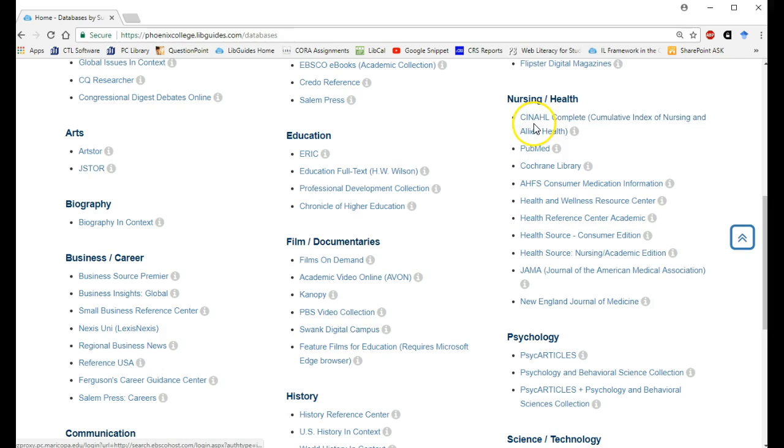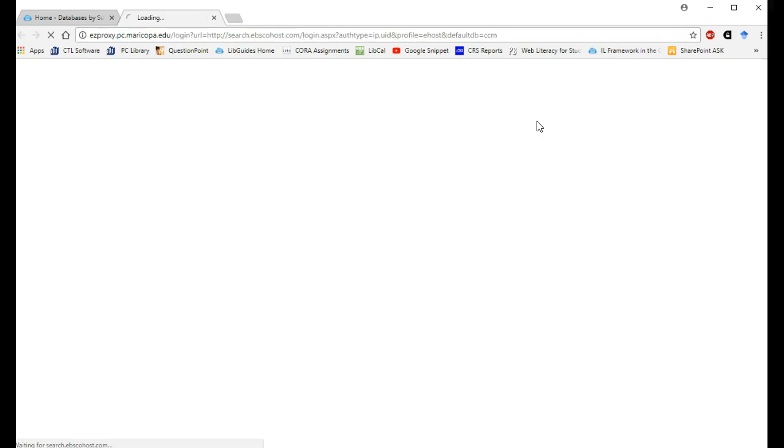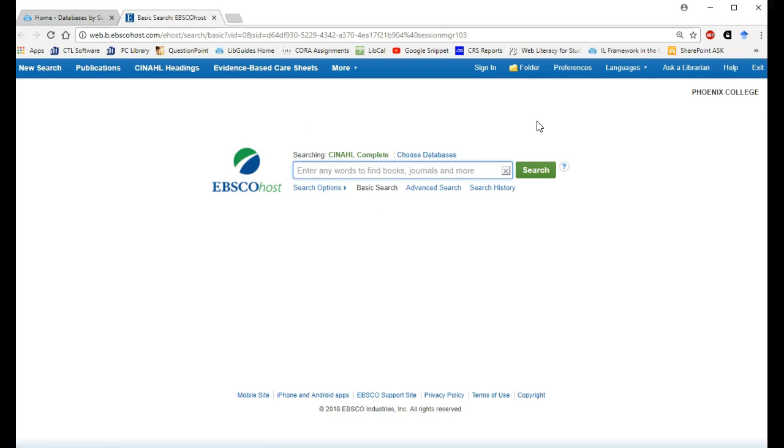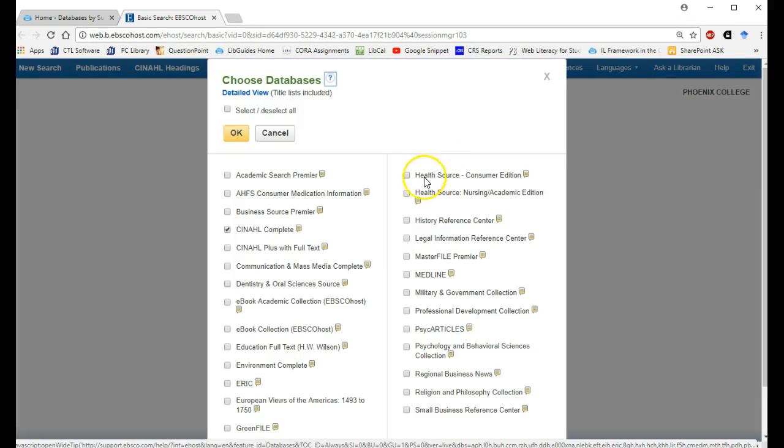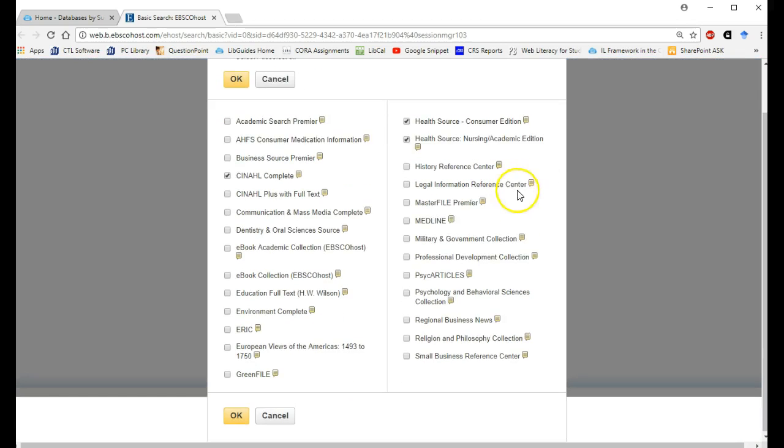I'm going to click on CINAHL, which is a nursing database, which has a lot of peer-reviewed scholarly journals that are a little bit easier to read than if you go into a more complex medical database. And then I'm also going to choose databases, and I'm going to show you how you can search more than one database at a time. So you can also pick Health Source Nursing Academic or Health Source Consumer Edition if you wanted to. Those wouldn't be scholarly, but they might provide some background information you could use. The real big scholarly one is Medline, but I'm going to hold off on that one right now